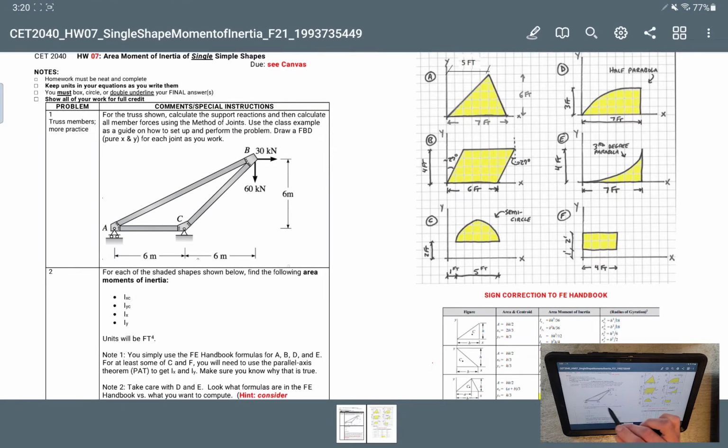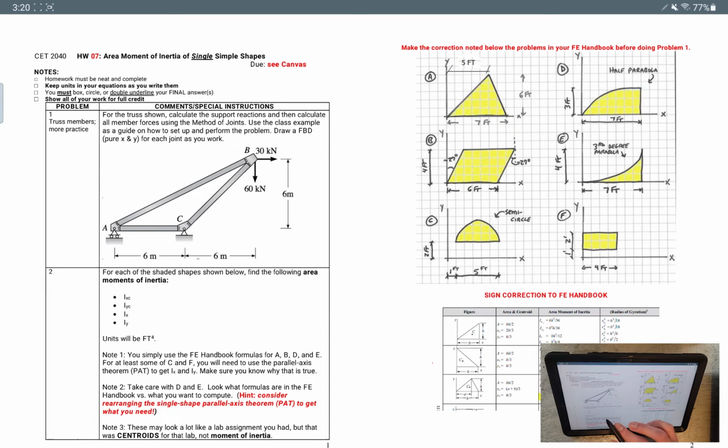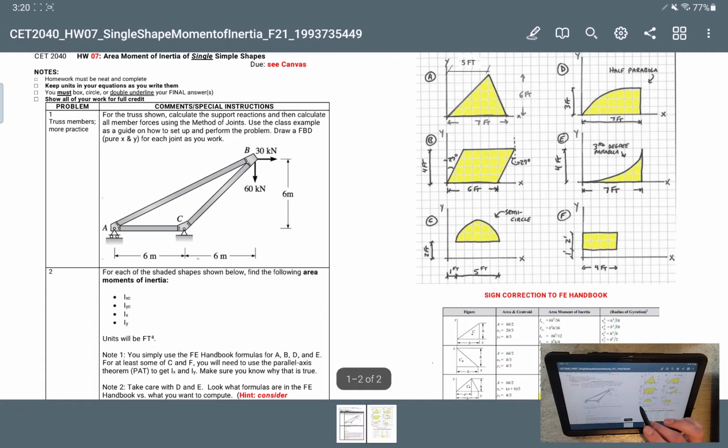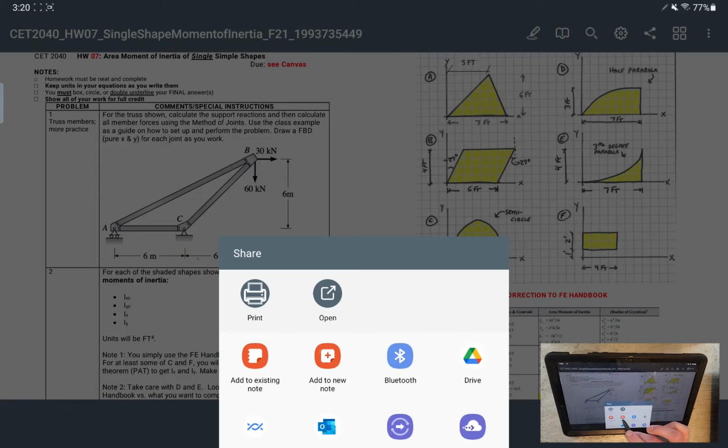and don't worry if all of this looks foreign to you. What the actual content of it does not matter. I'll just be showing you how I'm pulling these images apart and setting up my homework to begin with. So I'll be sharing it into my Samsung Apps Note,